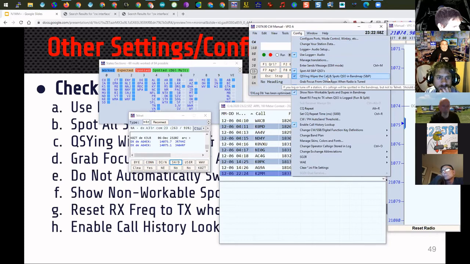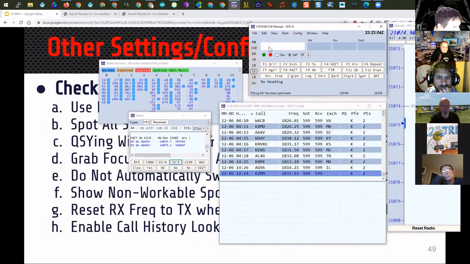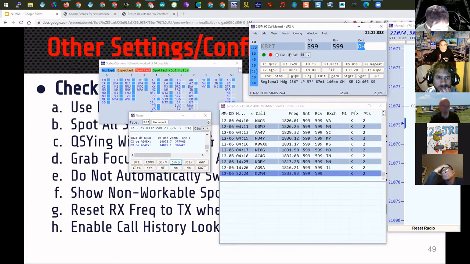Another one is QSYing wipes the call sign and spot in the band map. So what that basically means is if I start typing someone in here and I don't work them now, when I tune my knob off frequency, it'll automatically take it out of the